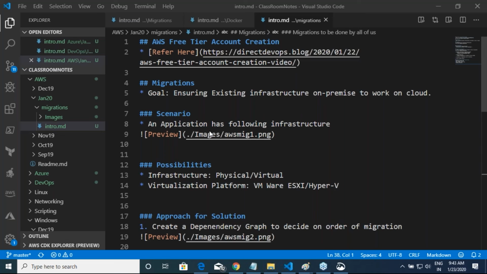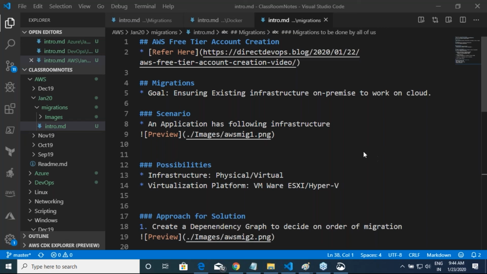For example, only application migrations. Application migrations are not straightforward. Application migrations means it should be redesigned, or it should be reworked, or it should be converted to something. So for example, if I've decided that, okay, I don't want to run my application on servers, but I will run them on Docker containers. Then first you should do some prep activity. First you should convert your application into Docker and then start deploying it. Okay, it is not a straightforward migration.